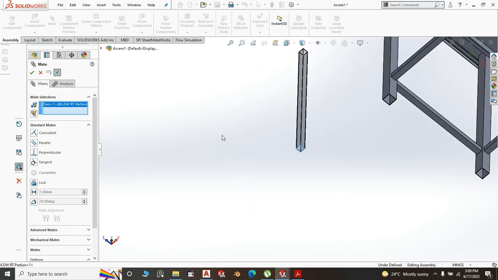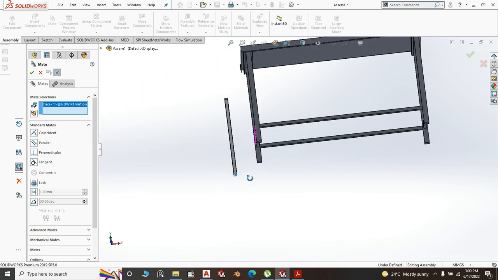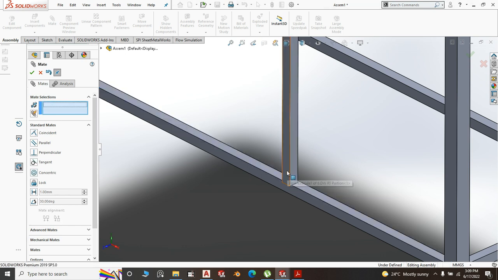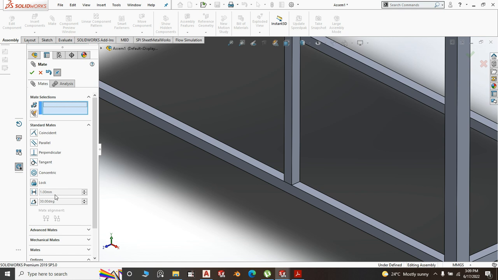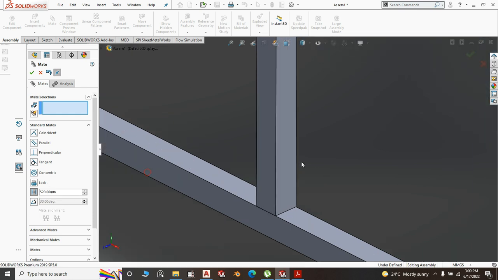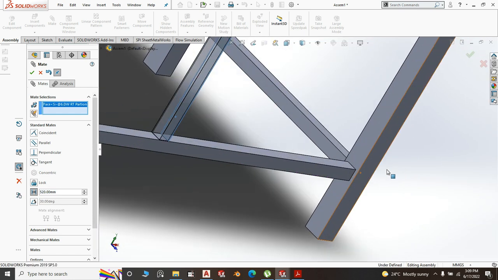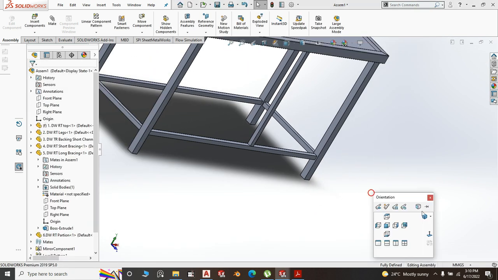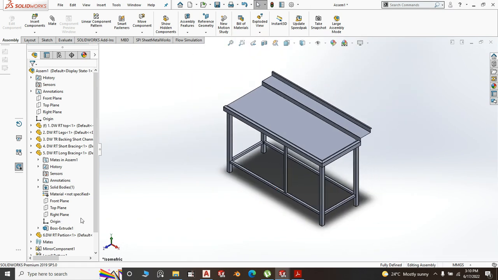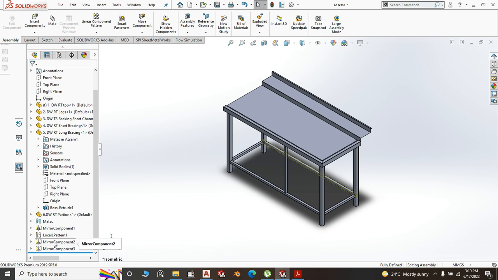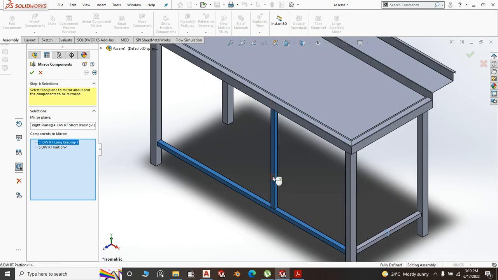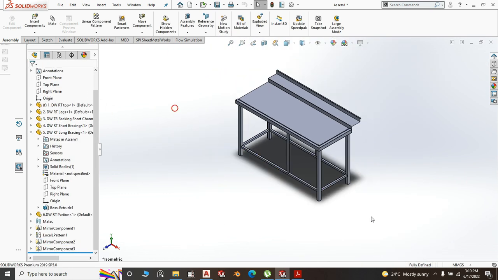this face to this, right click, then this face to this, right click, then here we do distance of 520, sorry, between this and this. That's good. Now let me go and edit mirror component 1. I edit it and I will choose this. That's good. I just added that. Okay,